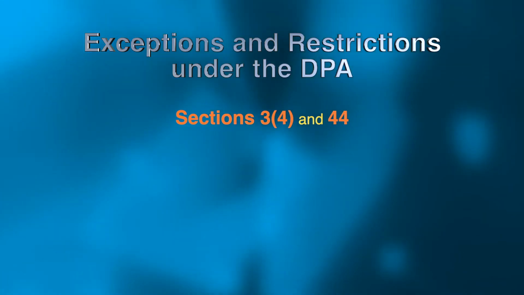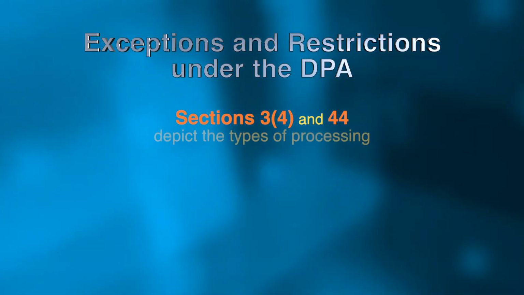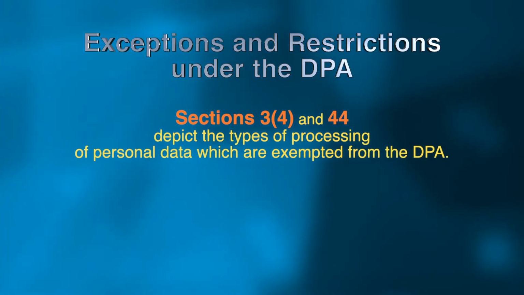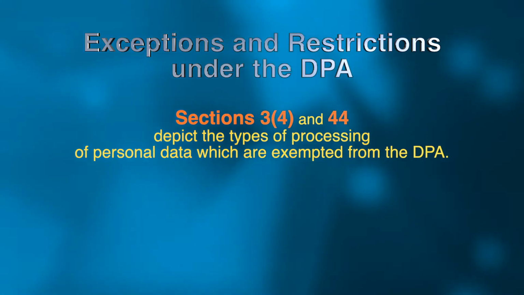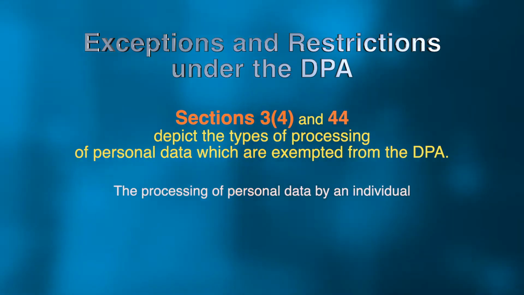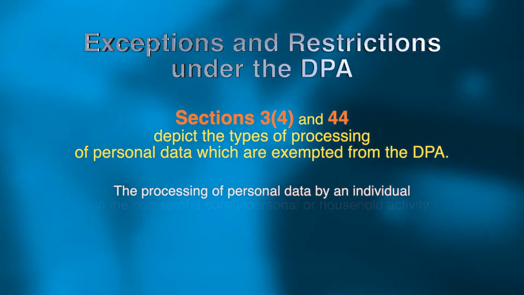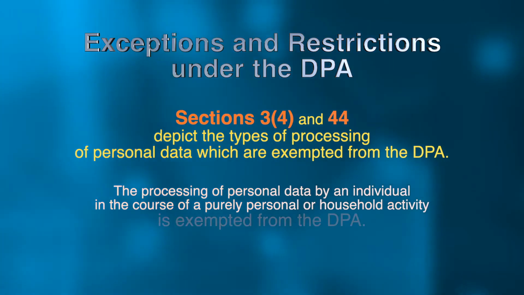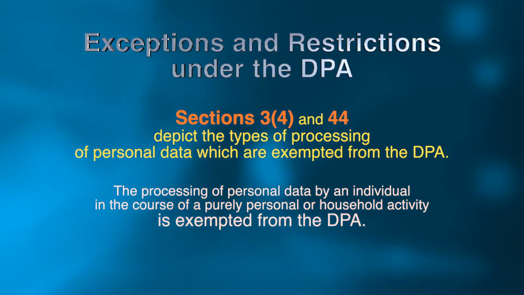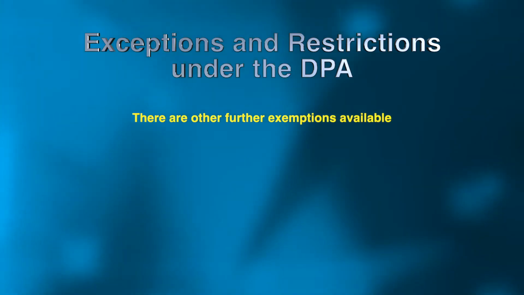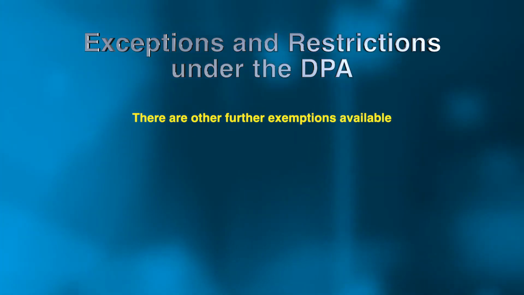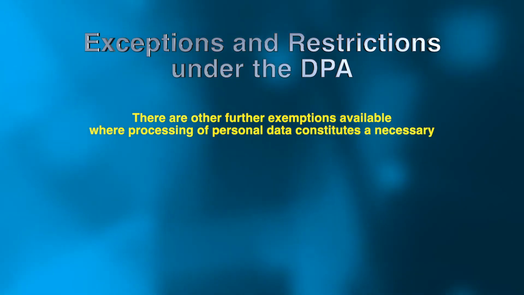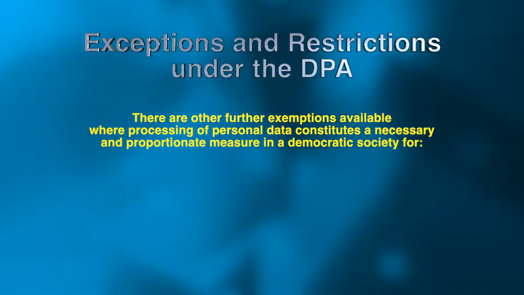Sections 3, subsection 4 and 44 depict the types of processing of personal data which are exempted from the DPA. For instance, the processing of personal data by an individual in the course of a purely personal or household activity is exempted from the DPA. There are other further exemptions available where processing of personal data constitutes a necessary and proportionate measure in a democratic